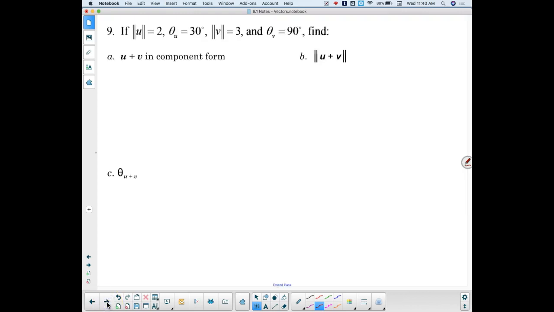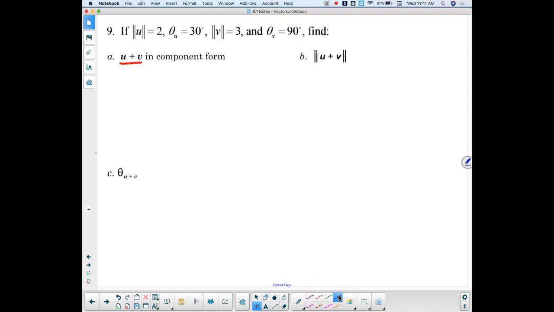So, magnitude of u is 2. Direction angle of u is 30 degrees. Magnitude of v is 3. Direction angle of v is 90 degrees. We want you to find u plus v in component form, the magnitude of u plus v, and u plus v's direction angle. Okay? Well, if I were tackling this problem and I saw here u plus v, I see that,